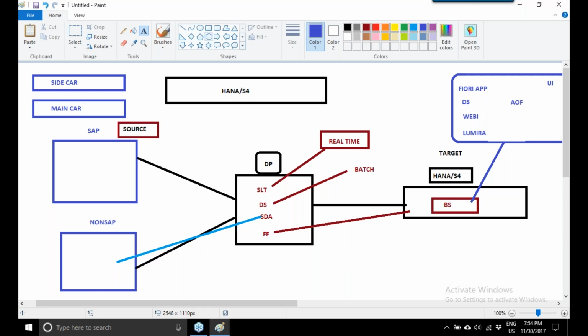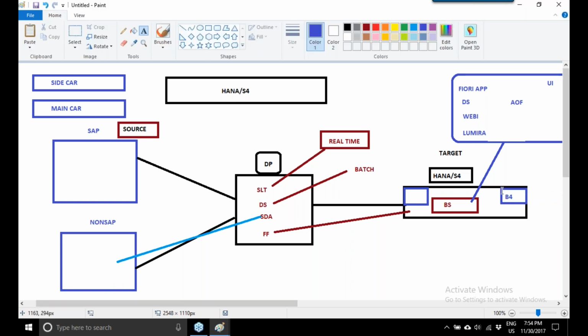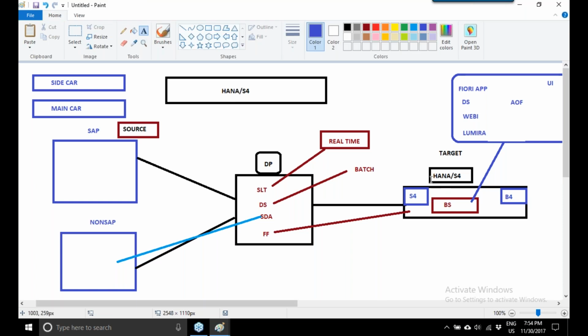Now what is main car? So in the main car, you have B4 HANA. Now B4 HANA is mainly for business analytics. All the business analytics is tightly integrated with SAP HANA and even the S4 HANA, which is simple fourth generation platform.